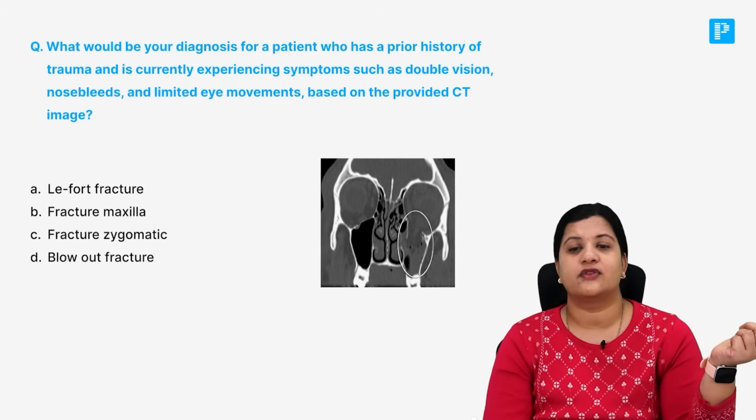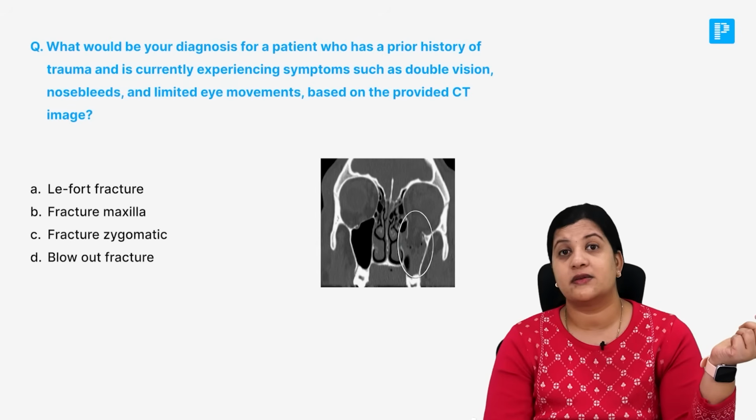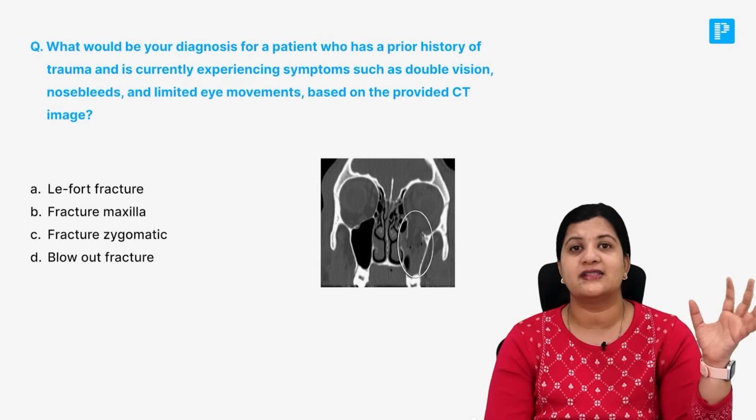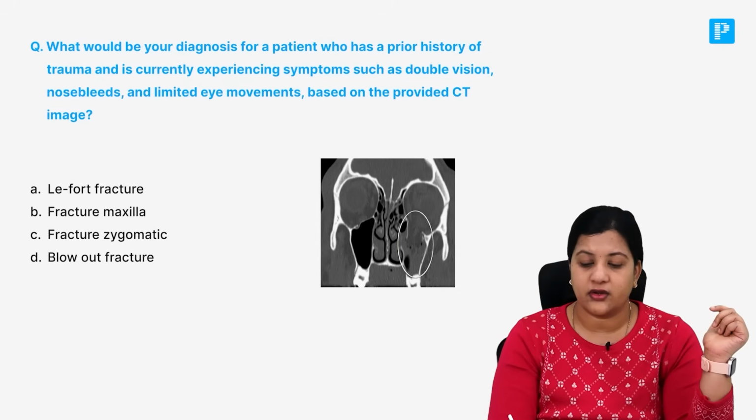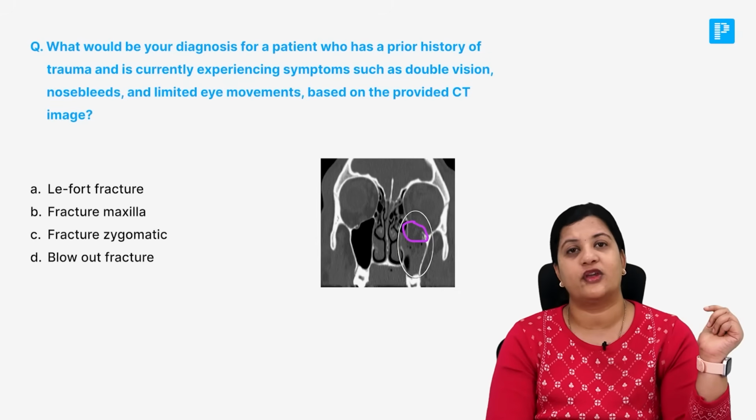What would be your diagnosis for a patient with a prior history of trauma and is currently experiencing symptoms of double vision, nosebleeds and limited eye movement provided on the CT image? So the CT image is speaking for itself. It is showing to you that there is a fracture of the floor of the orbit, which we call